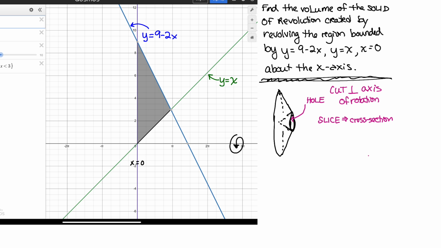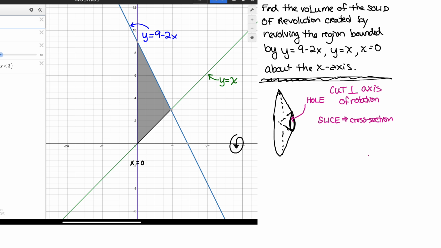Sometimes it's hard for people, but cut the top off and then look down at what you see. You know what I mean? Cut the top off, and what do you see? It's like a washer. Do you guys see that you see a circle, a disc, but it's got a hole in the middle of it. So when you cut perpendicular to your axis of rotation,